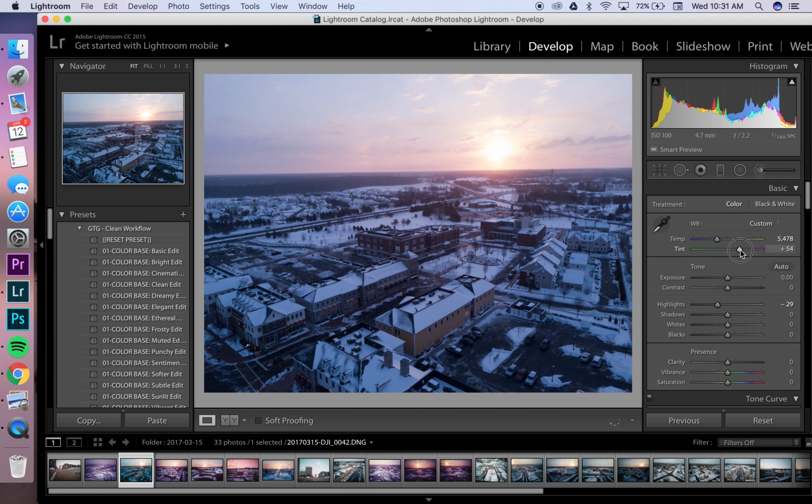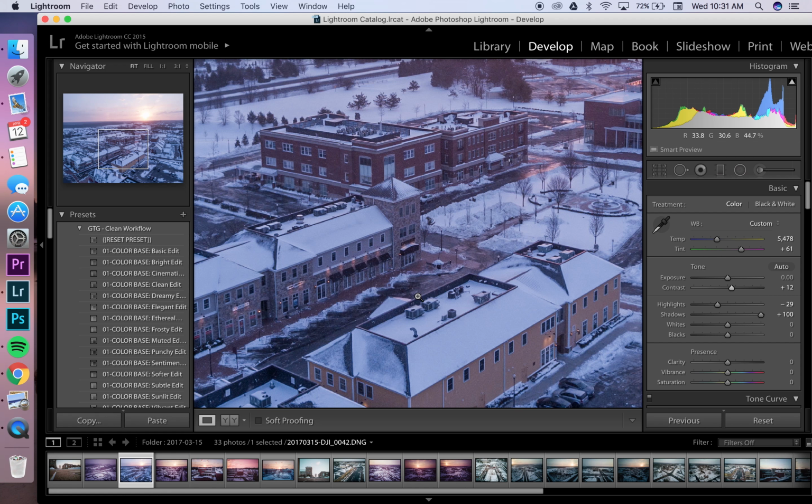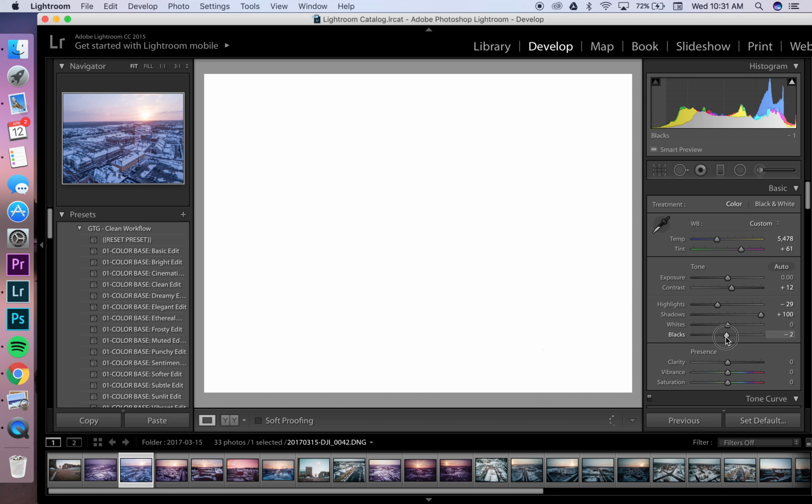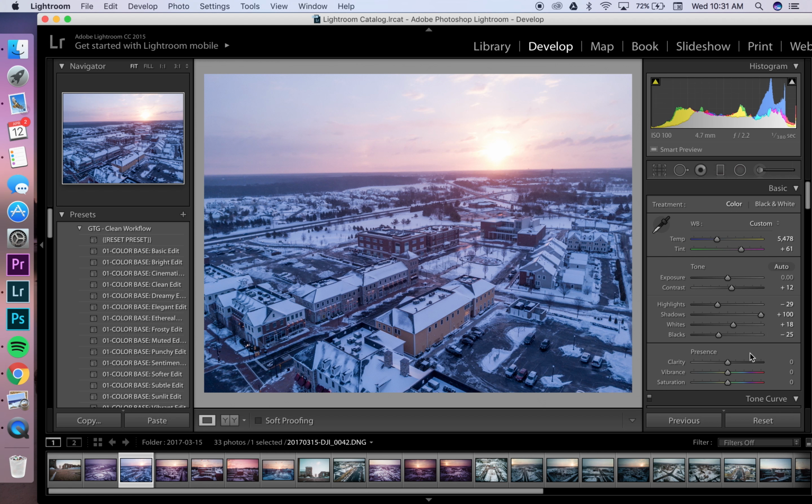I'll set up the proper white balance, turn down the highlights, increase the shadows so I can see more detail. And now I'll just set the black and white points over here. And I'll bring in more detail by increasing the clarity. Then I'll toggle it back and forth to make sure that I have the proper exposure